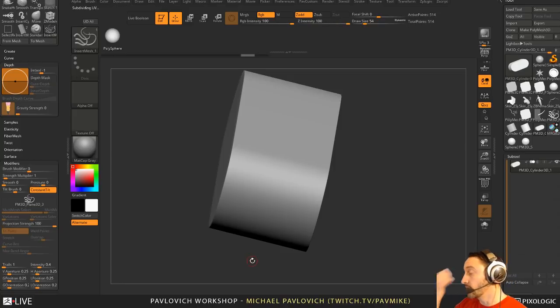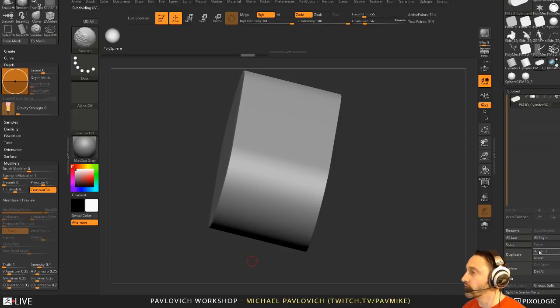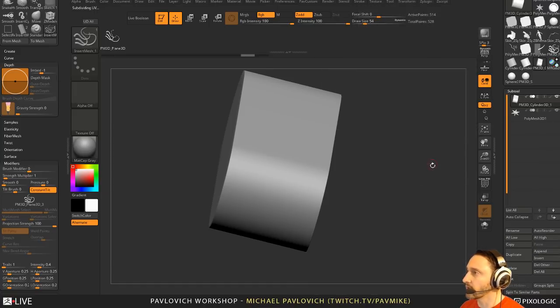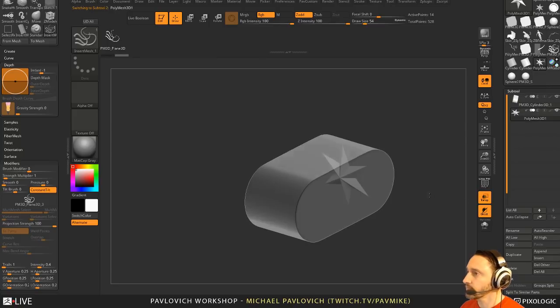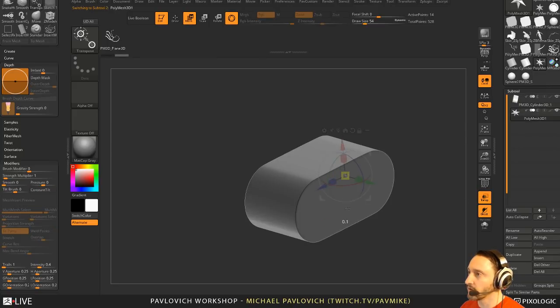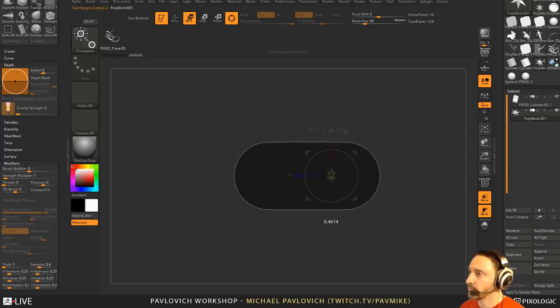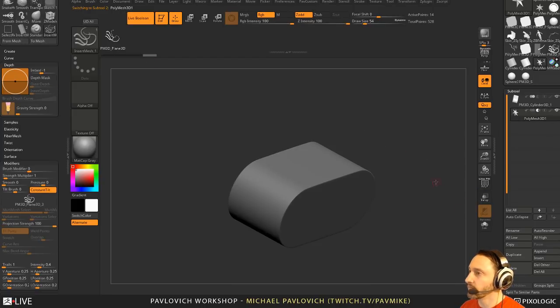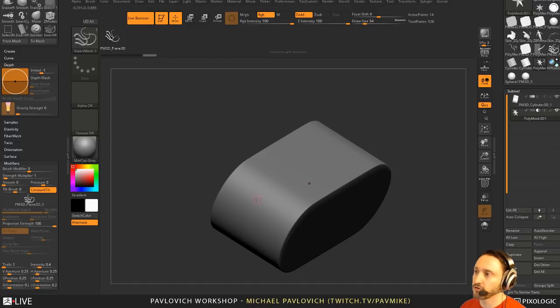Now, a cool thing we can do is we can go to append, doesn't really matter, PolyMesh 3D here. And inside of here, we're just going to make this small, and we're going to say you're a subtractive mesh. We're going to turn on live Boolean, and now that this is a subtractive mesh, no matter what I drag